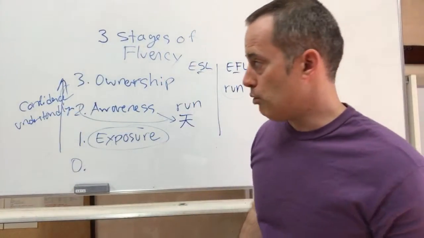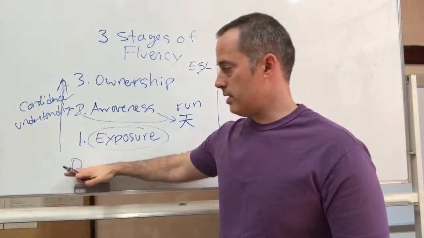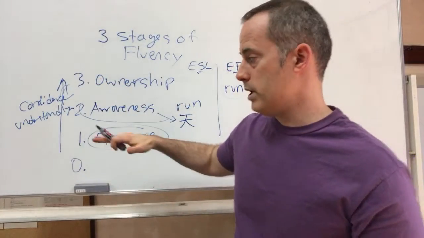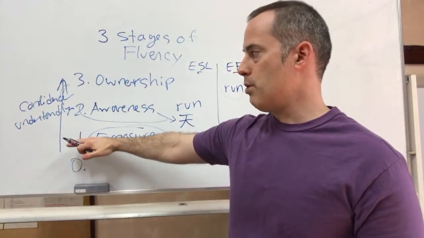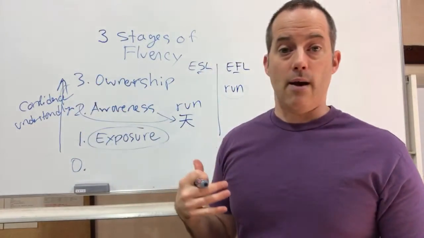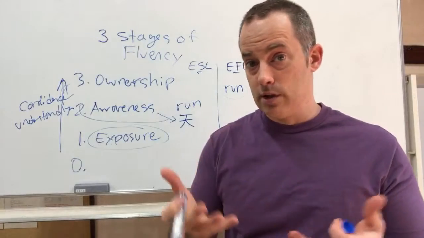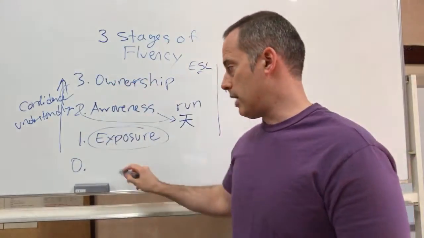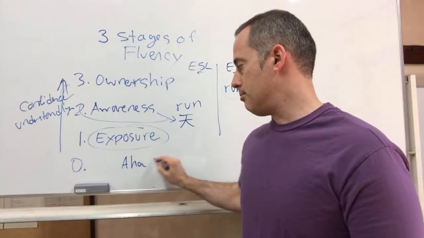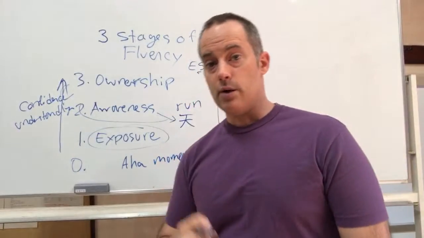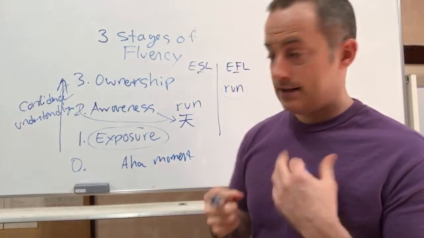Pardon my sloppy writing here. But the point here is that as we go from 0 to 3, and it's really that simple. So we can go from 0 to exposure, to awareness, to ownership actually very quickly, depending on how well you learn something. So if you learn something and you understand it very well, you can move to ownership. That's where you get that, what I call the aha moment, where you feel like you really know something very well. Aha, I got it. Okay?